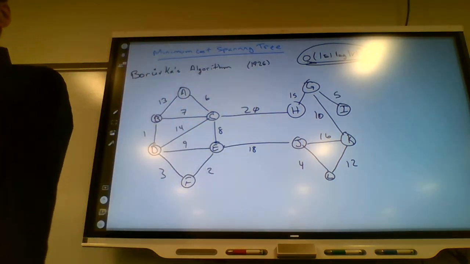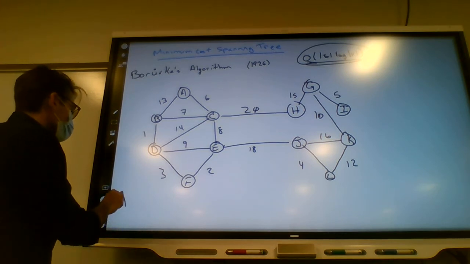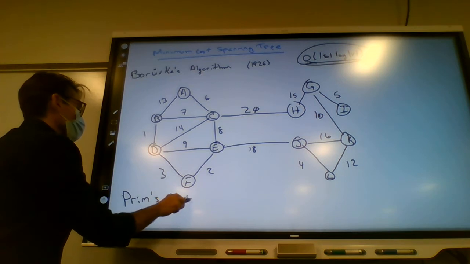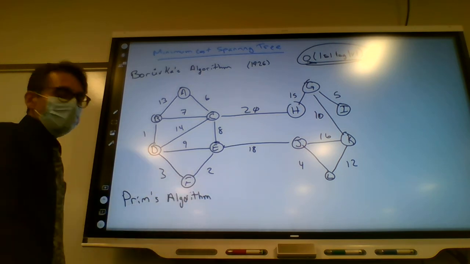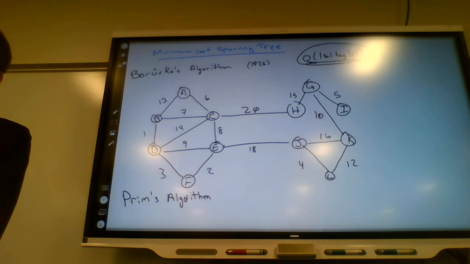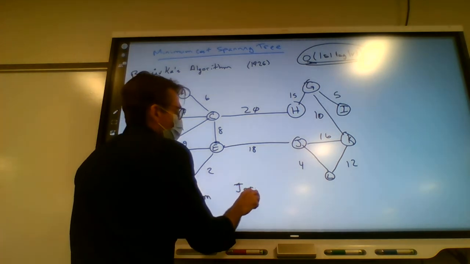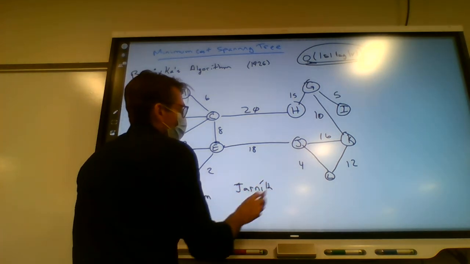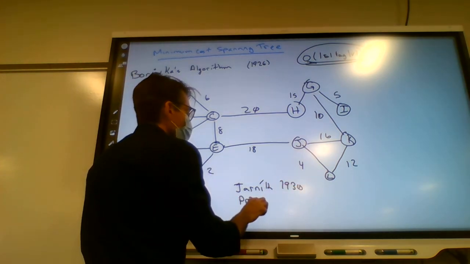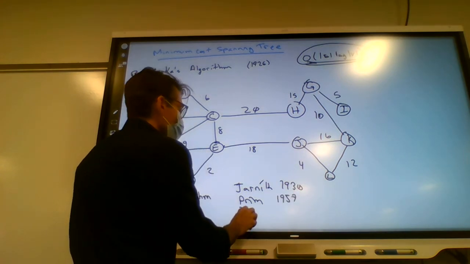The next one we're going to talk about is Prim's algorithm, except it shouldn't probably be called Prim's algorithm. Prim came up with this in 1957, but Jarnik had already come up with it in 1930. Prim stole it. So Prim was 1957, and then Dijkstra